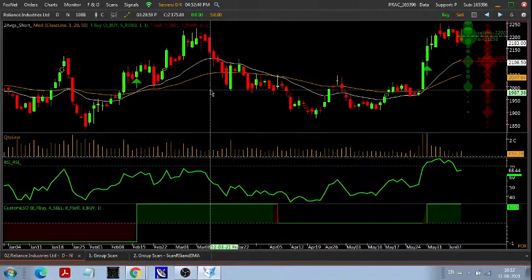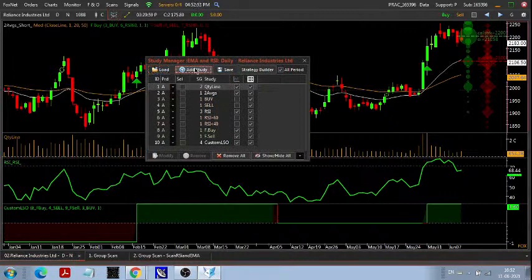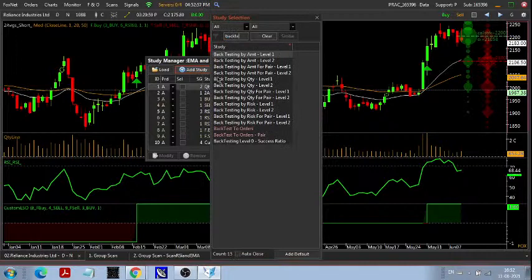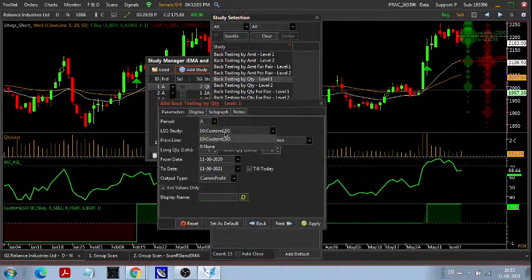So now to do the back testing, we will add another function called backtest level 1 by quantity. Backtest level 1 by quantity. This one, double click on it. By default, it will take the input of custom LSO. Custom LSO, that's why it is best to run. Monitoring line will be price line, it will monitor the price. Now I will click on apply button.